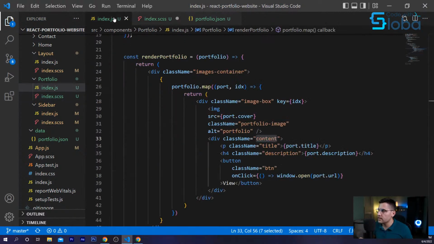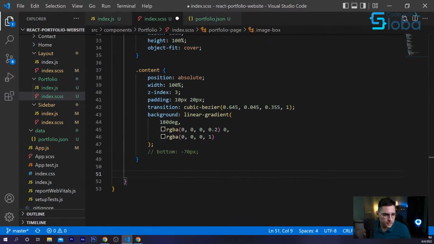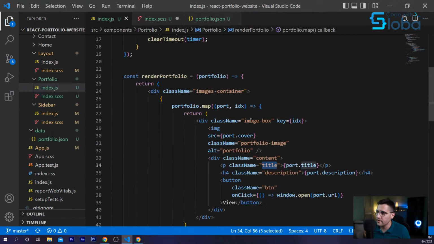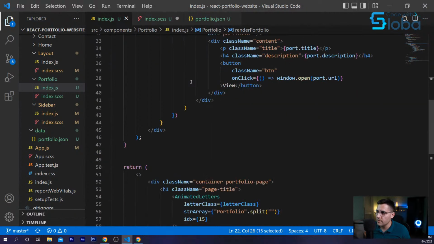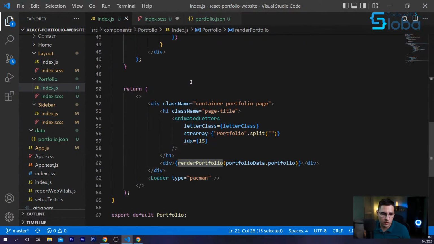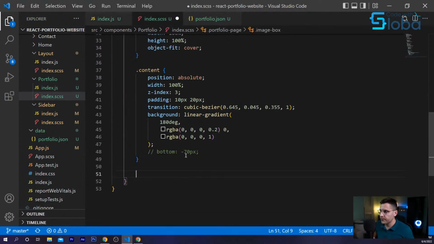Now let's add some styles to title. Let me just see the chat and the folks. Yes, we can make a render portfolio as separate components. It could be even better practice. You can create a portfolio section inside of a separate component. That's the best practice you can follow. But this is something when you're lazy and you can include that into a single component. Best practice, create a separate component, separate file. Yeah. Thank you, Aniket, for the comment. I'm glad that you guys are following.